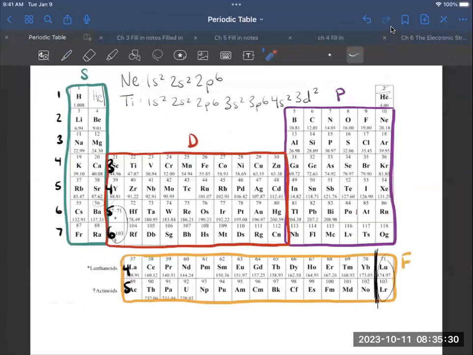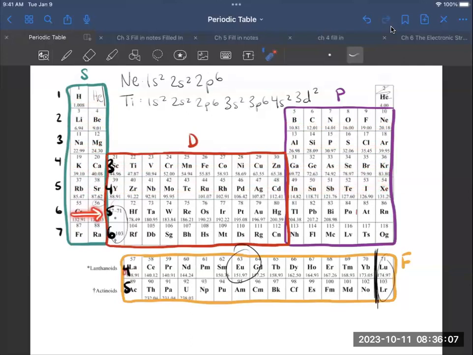Okay, europium is located right here. There's europium. So it's in the 4f's. So let's go ahead and figure out what the electron configuration for europium should be. And I'm just going to say it out first, and then we'll write it. So europium is going to be 1s2, 2s2, 2p6, 3s2, 3p6, 4s2, 3d10, 4p6, 5s2, 4d10, 5p6,